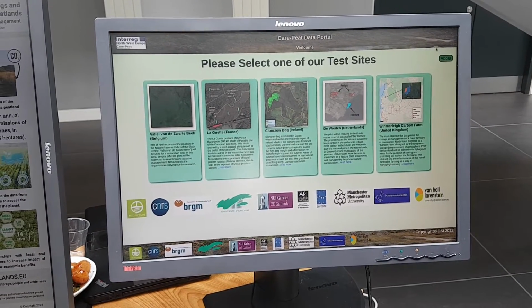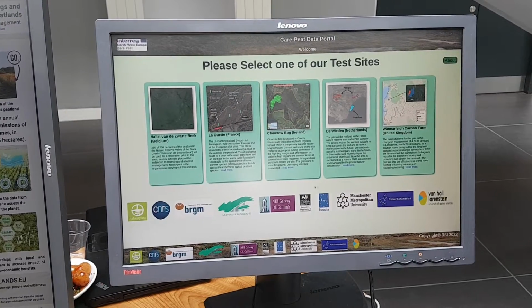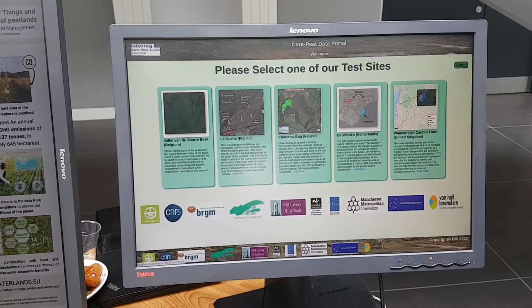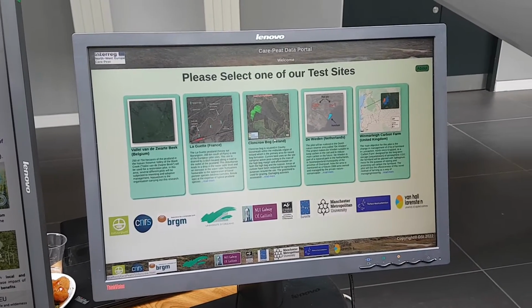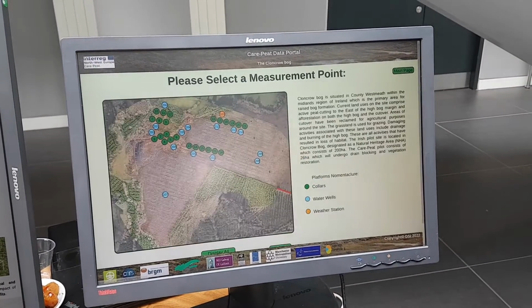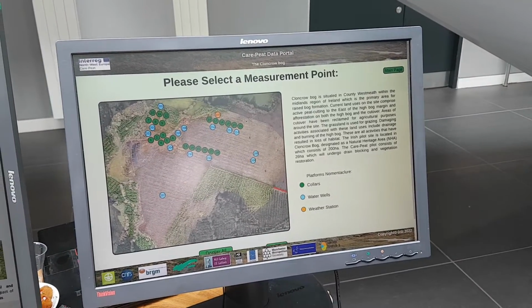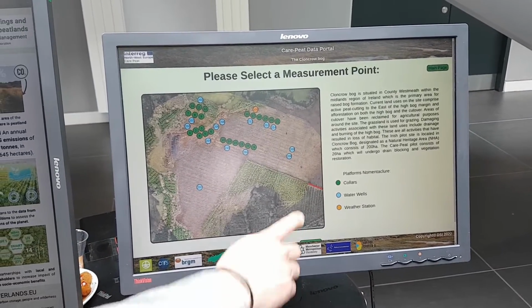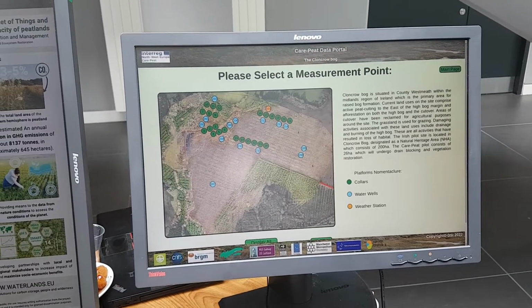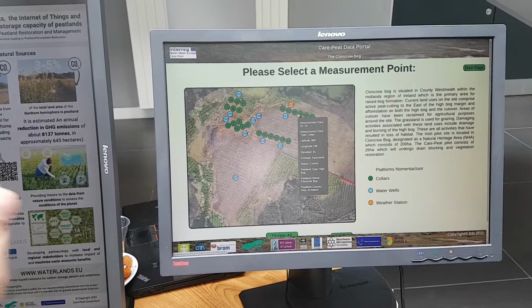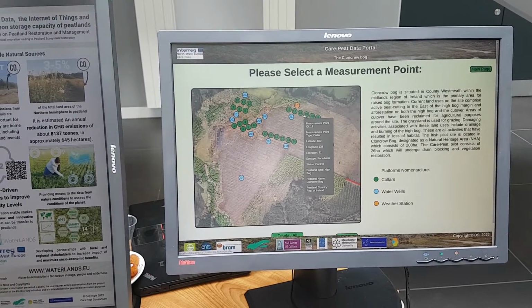And what you can see here is basically a short description of the box. You can see the dimension and the geographical map, and you can also see the testing part. So when we click on this tool, we can see measuring points, and we see the different characteristics of the peatland. So we see colors, we see water levels, we see weather stations. And by just browsing on the top, we can see the description and the metadata that describes this one.